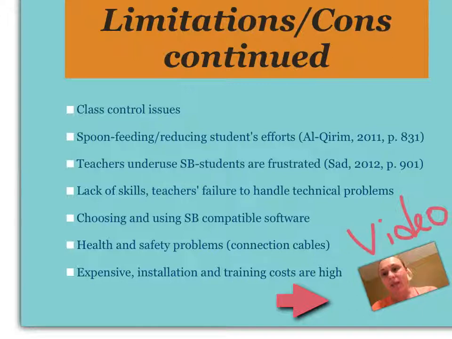Some teachers feel that they are spoon-feeding information to students, and in this regard, the students are not actively searching for information because the instructor is providing the answers to them. At the same time, teachers were also cited for underusing the smart board, and the students know more about smart board use than they do, so students are not motivated to use the smart board as they lack those skills.